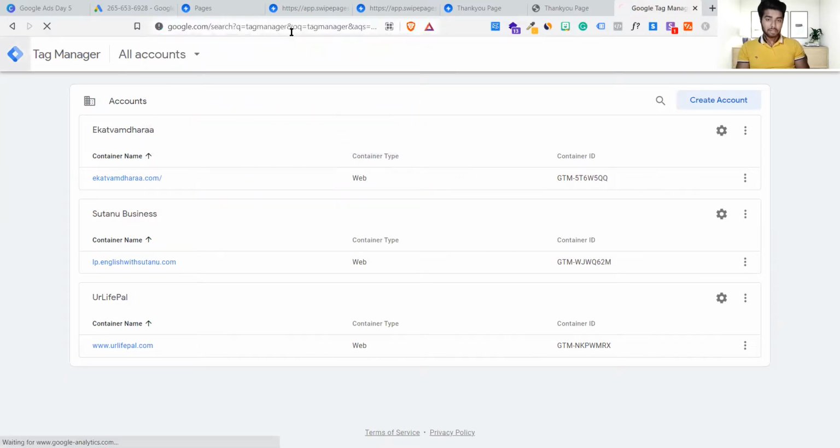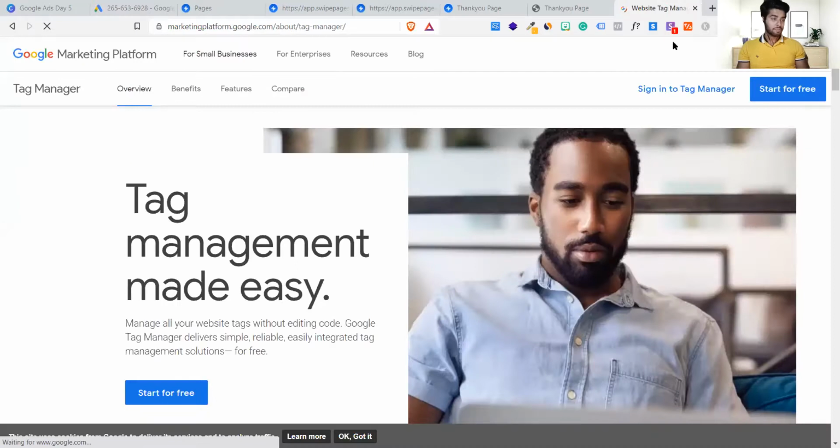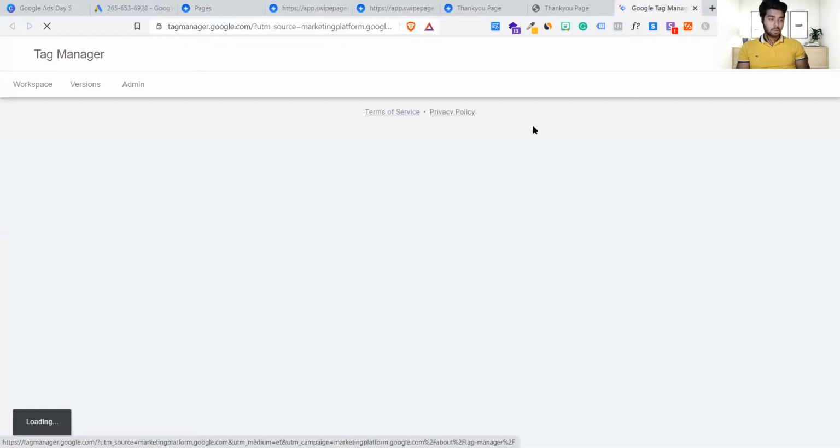Simply write tag manager in search. Go to Tag Manager, check out the first option, website tag management tools and solutions. Sign into Tag Manager and let it load. So this will be a console like this.